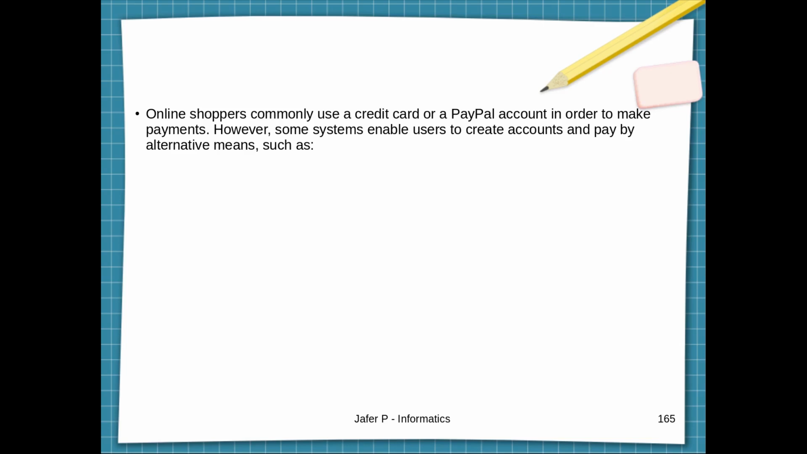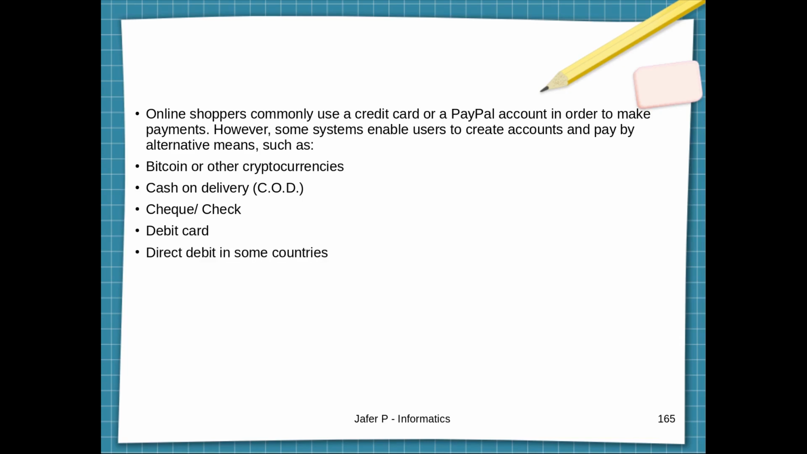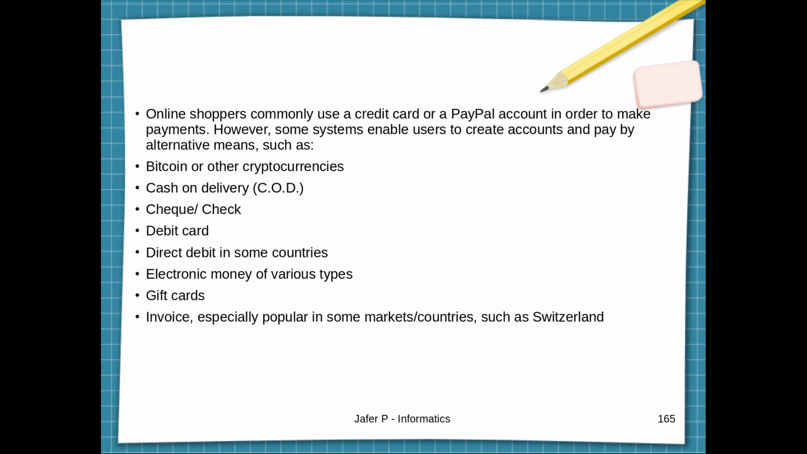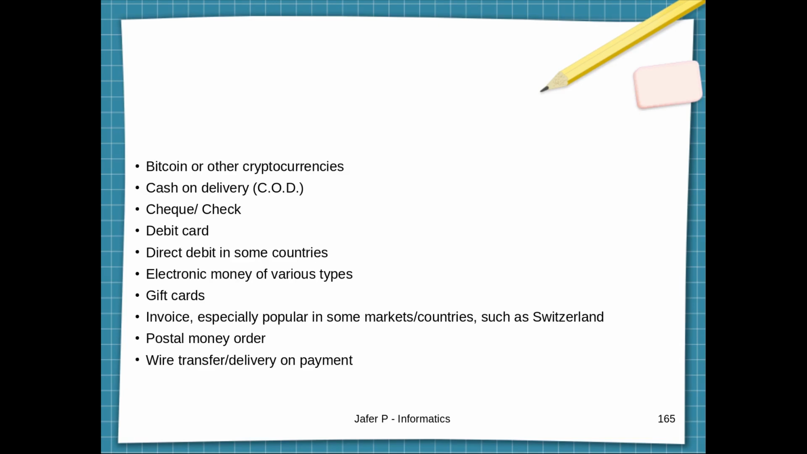Normally we use that. However, some systems enable users to create accounts and pay by alternative means, such as Bitcoin or other cryptocurrencies. They can go for Bitcoin and cash on delivery, COD, check or debit card, direct debit in some countries, electronic money of various types, gift cards, invoices, especially popular in some countries such as Switzerland, postal money order, wire transfer, delivery on payment. So these are the kind of